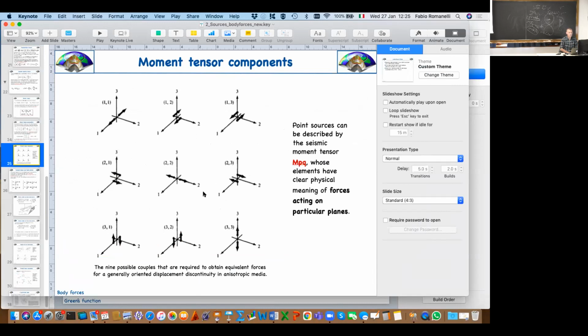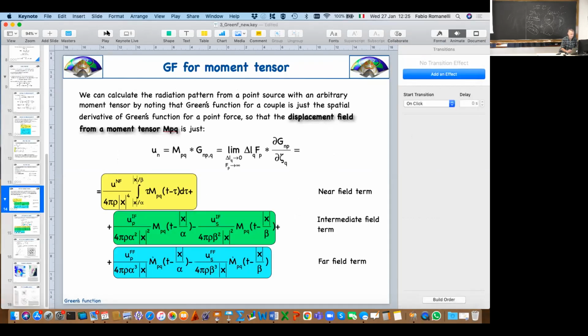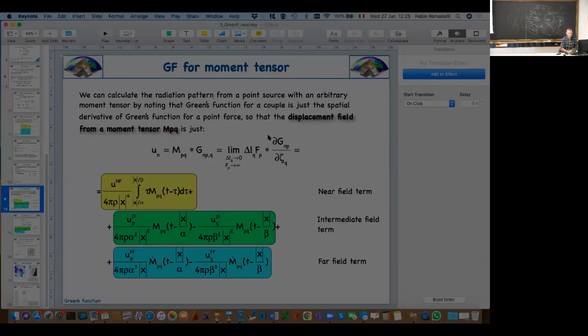Okay? Now you see, any term of a moment tensor actually is a single force, an arm, and another force, as we found. Okay. So the final algebraic step would be to solve this problem, where here we have,